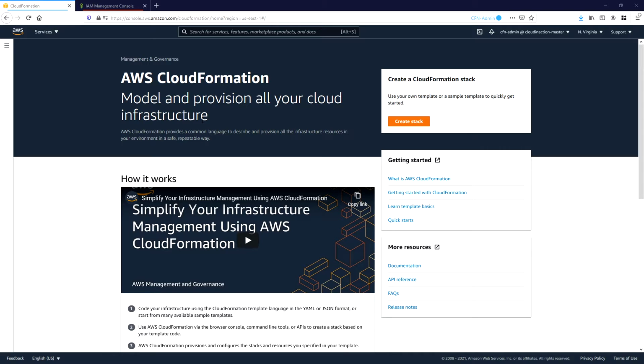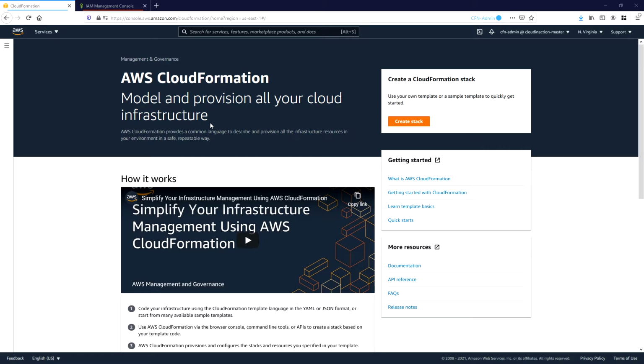But in real life, when you deploy your application in any environment, starting from dev and then provisioning it to upper environments like QA, pre-prod and prod, you have to use some automated